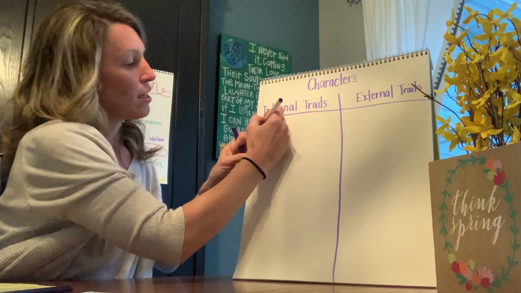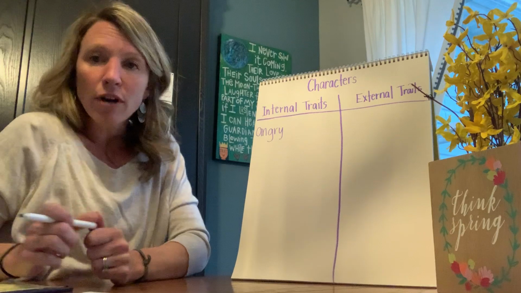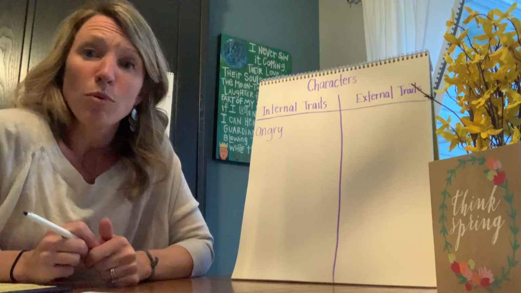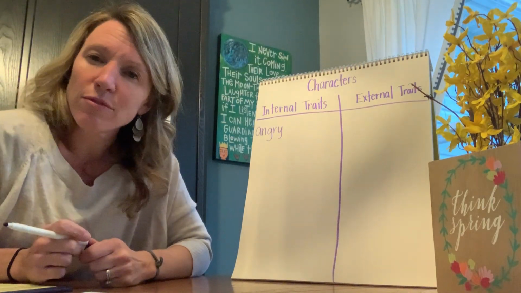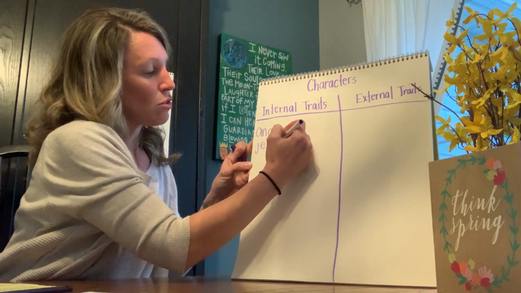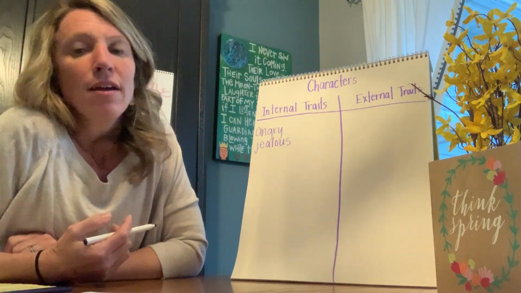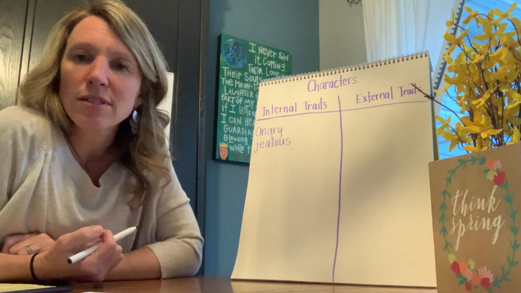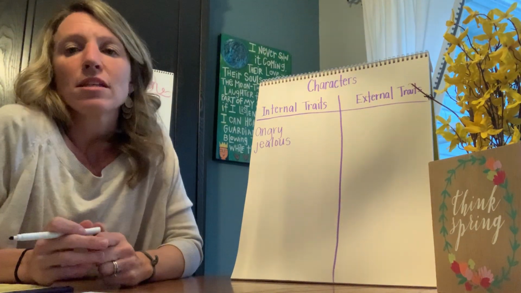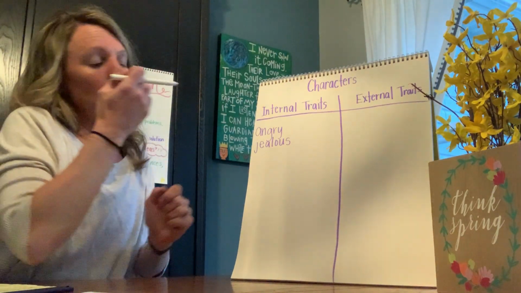Another one would be, you could be jealous. If you reread Freckle Juice, Freckle Juice is a realistic fiction story, and the little boy was jealous because he wanted freckles just like his friend. And we knew he was jealous because he was wanting to get a recipe so bad to get freckles. So some of the things he said and the actions he did showed us his internal traits, everything inside of us. So that's why we knew he was jealous. So we could be angry, could be jealous, could be